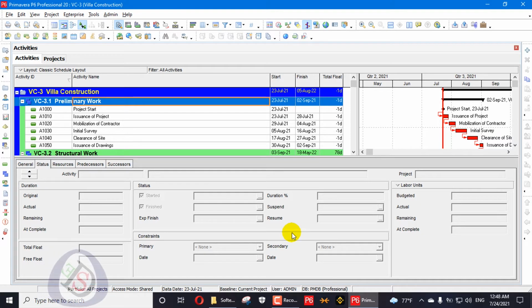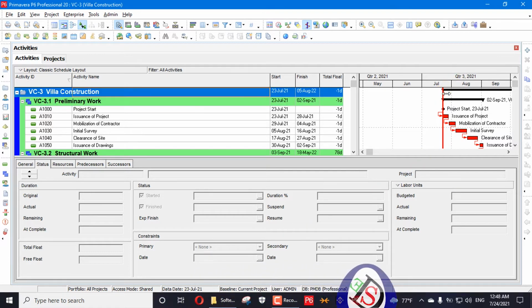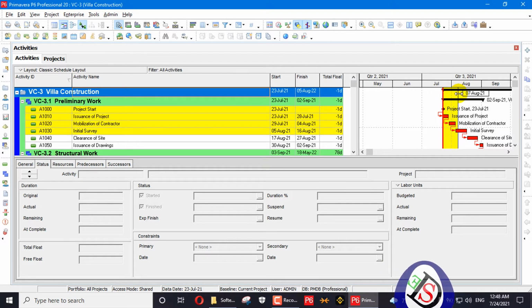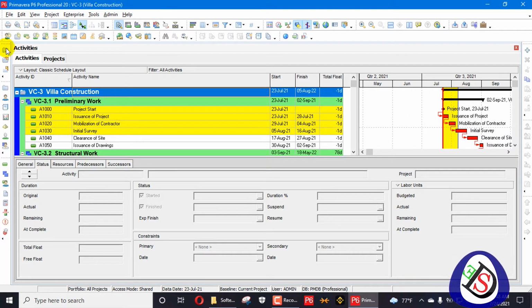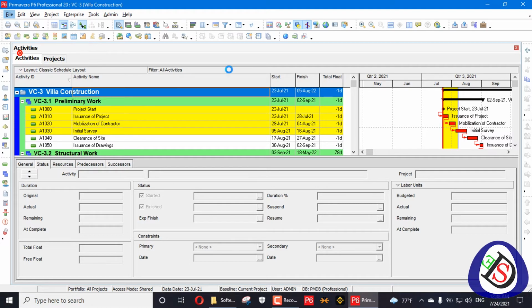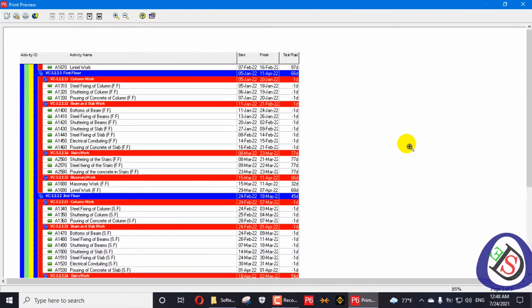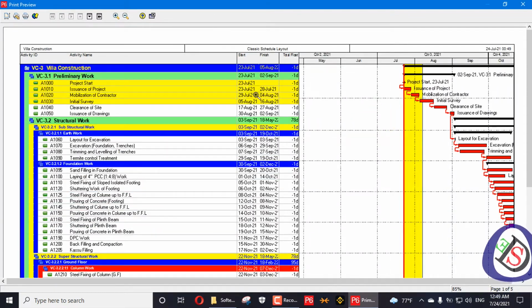You can see here there are a lot of options you can highlight. I can show you in a video. You can find that video in the description link. There is one option for look ahead that you can use, the custom selection. When you use this custom selection and go into the print preview, it shows throughout the time scale and the Gantt chart. So the client can get this selection, but it does not look aesthetic.